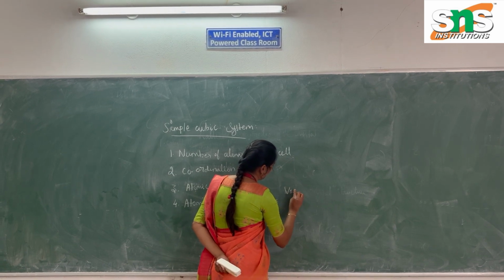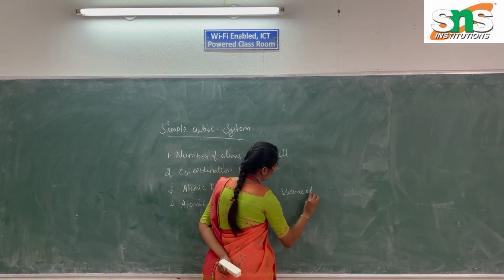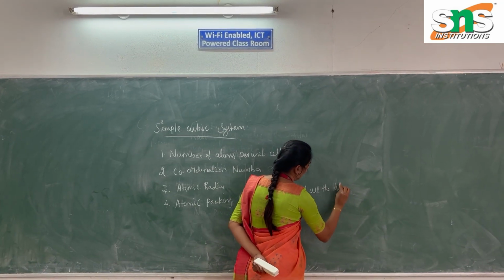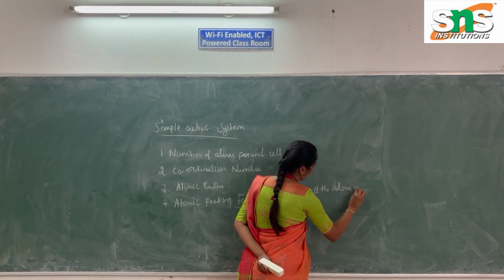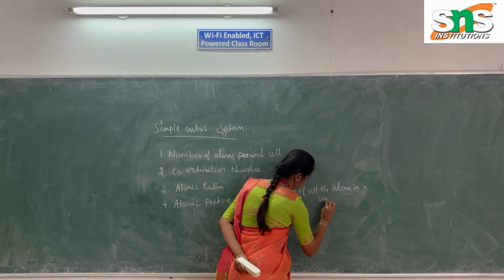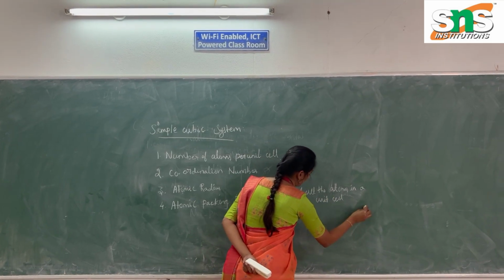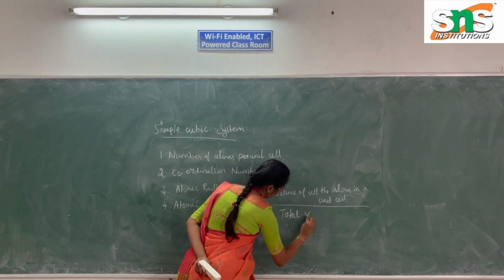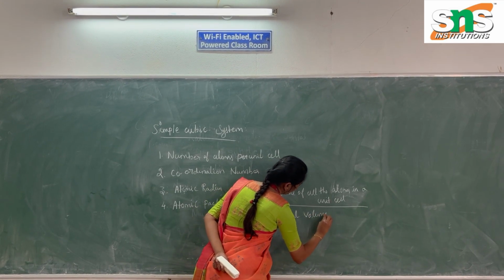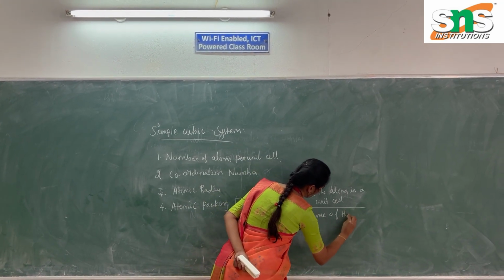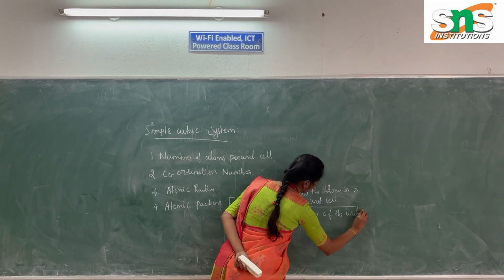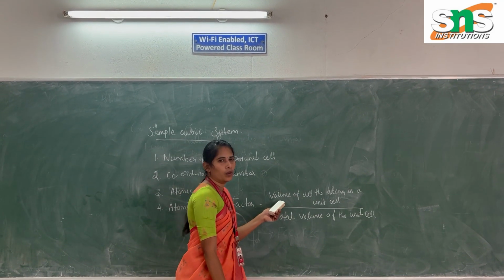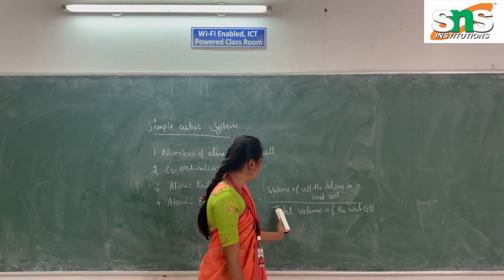volume of all the atoms in a unit cell divided by the total volume of the unit cell. Okay, atomic packing factor formula is volume of all the atoms in a unit cell divided by total volume of